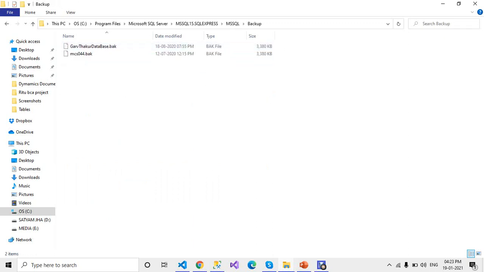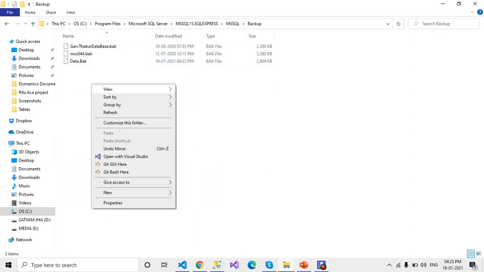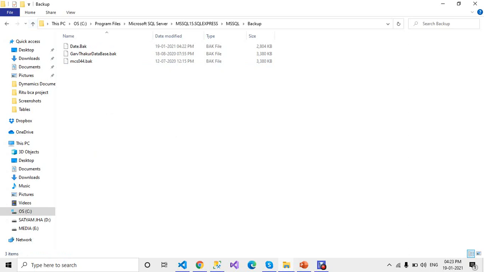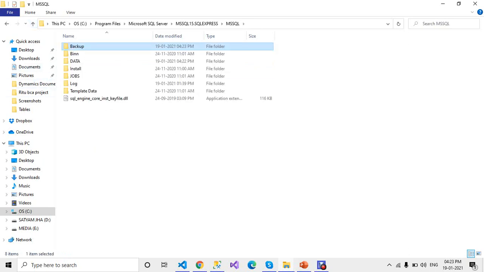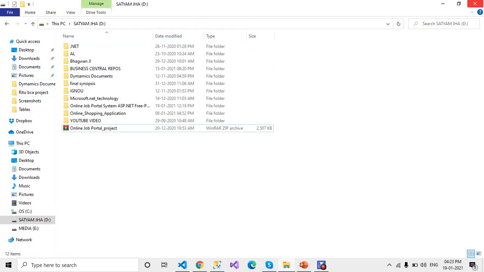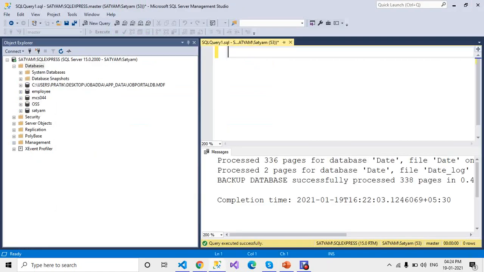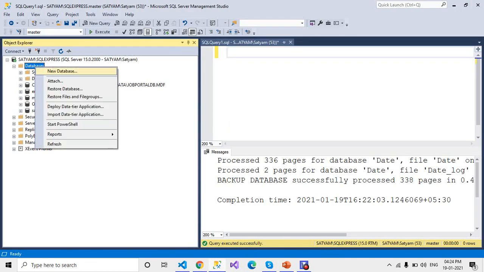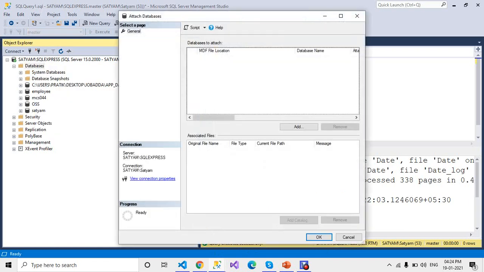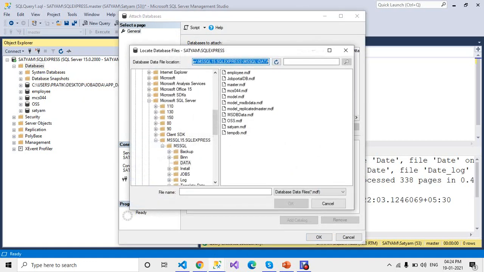Here is the backup folder. You just paste it here, and okay. After that, right-click on Database, then go to Attach, and then Add. So add the backup file.